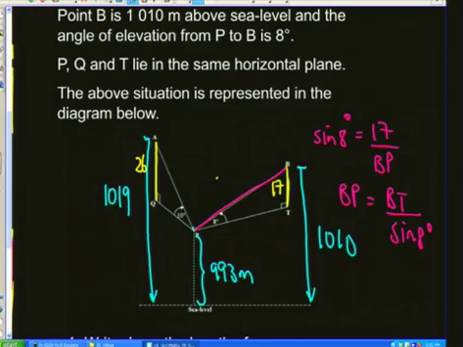Okay, let's just double check that. Opposite over hypotenuse, 17 over BP. So BP switches with sine 8. Multiply, divide, so it's BT over sine 8. Okay, so we now have